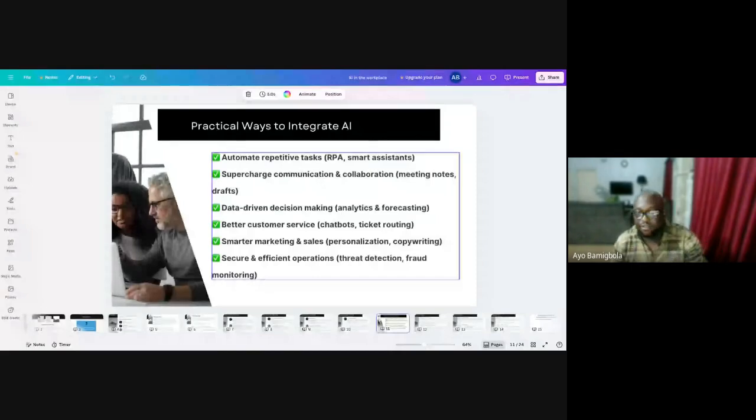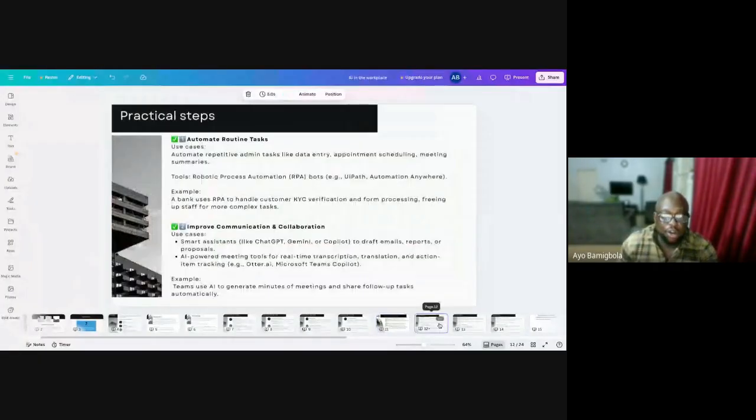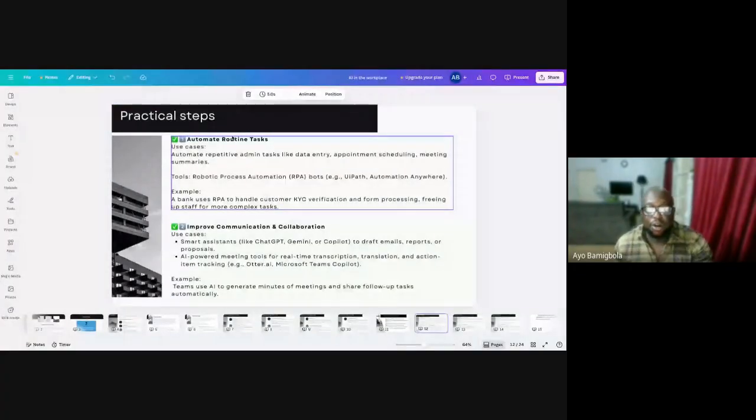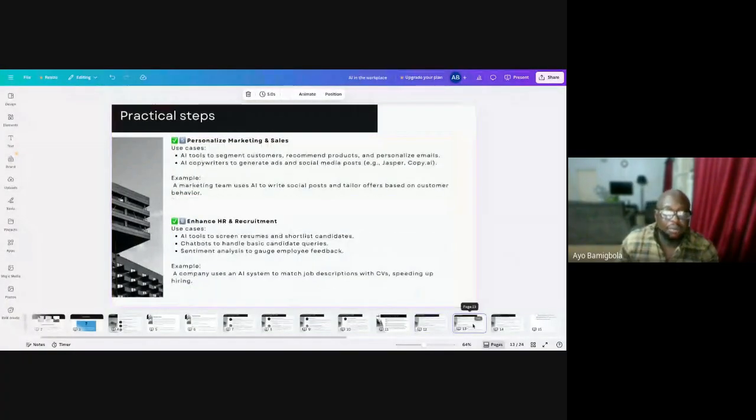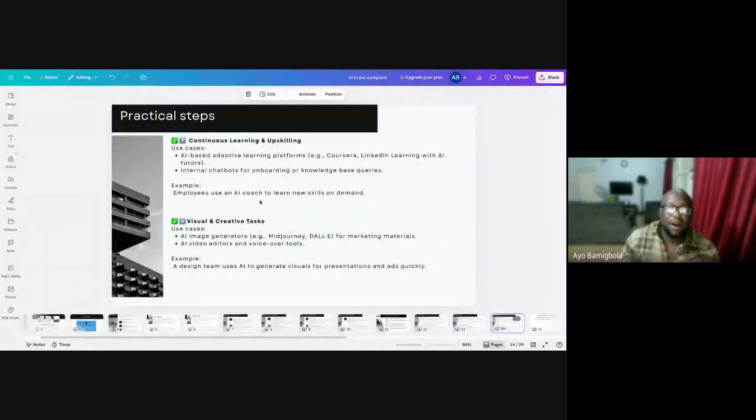Is it data driven decision making? How do you use AI? Is it customer service? AI helps in all that. And I talked about practical steps. A use case is that which I explained earlier: automate a repetitive task like data entry and all that, improve communication, marketing, sales, enhance recruitment,